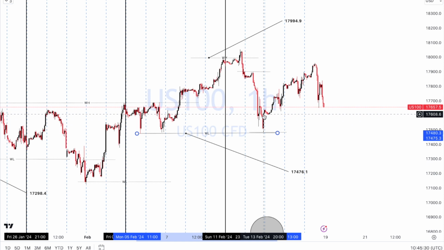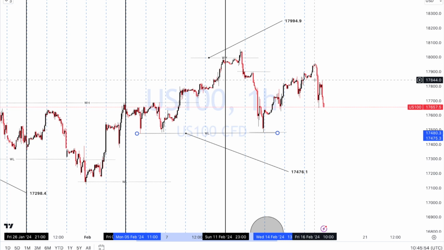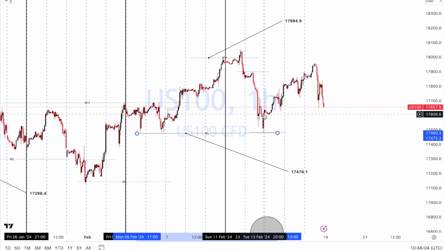So what I basically did, because essentially I took a buy at this level over here, in anticipation that it was going to go up, and it didn't go up, it closed me out. But in hindsight, I could have used the low, and that would have helped me, but I let it just fly all the way down, do its thing, and then settle, because I knew the weekly high had been taken. So at some point we were going to be getting a push to the upside. All I had to do was wait and see if it took out that weekly low of this week, and it didn't do that. So when I saw the parabolic move to the upside, right,